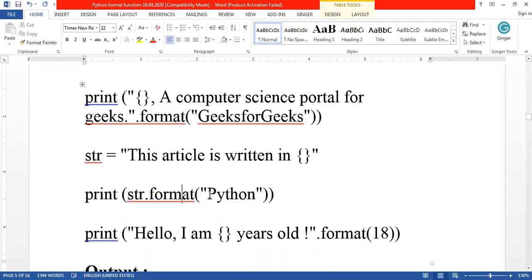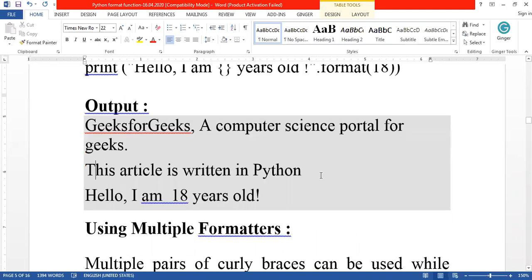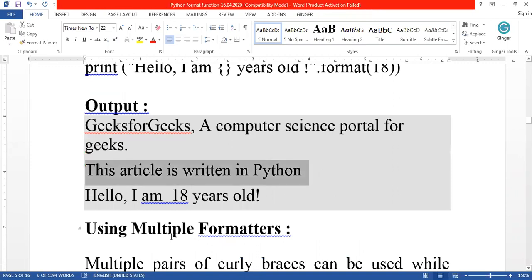Here I am passing only one value. This value is replaced in this placeholder. So what will come as output of this statement? This article is written in Python. So that is coming as the output.